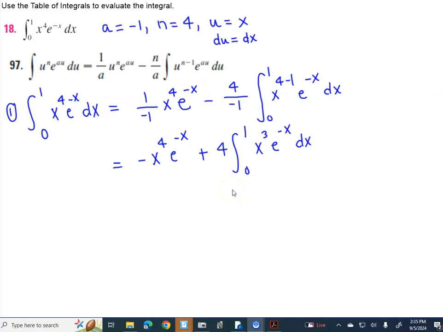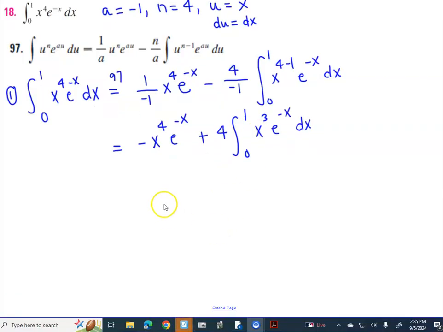Okay, so we applied 97, and now we're going to have to do it again for this integral right here. So let's move this over to give ourselves some more room. We have negative x to the fourth e to the negative x plus 4